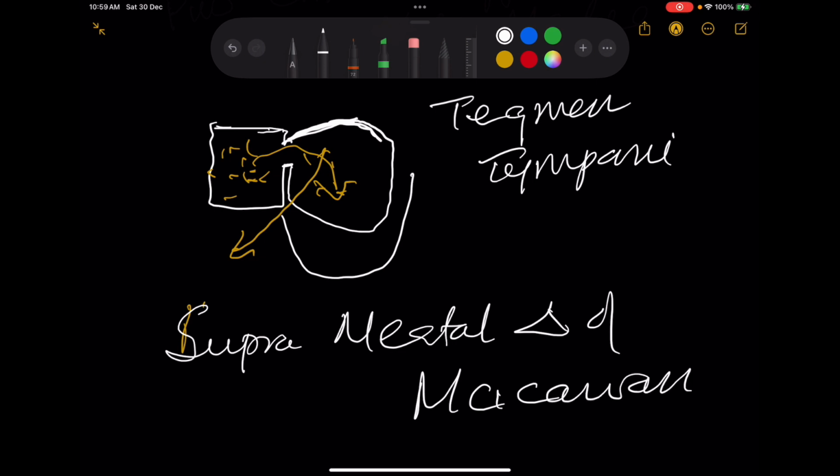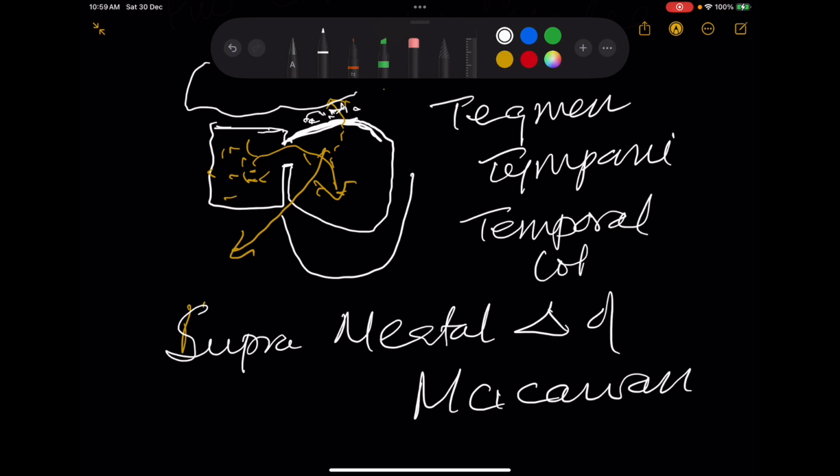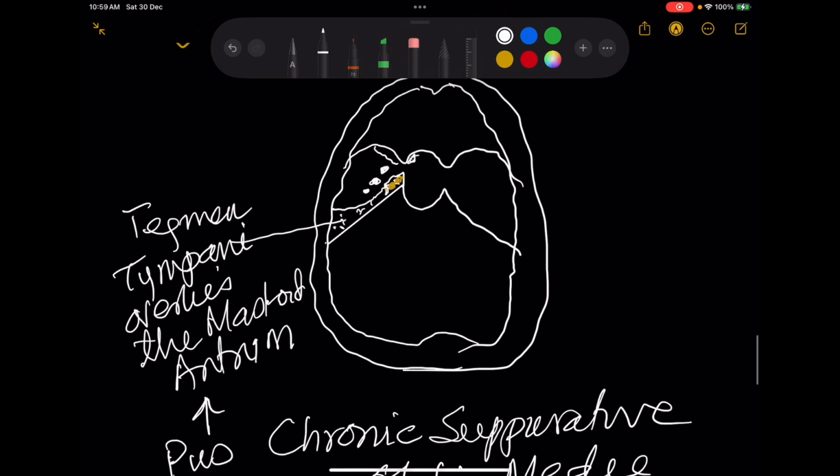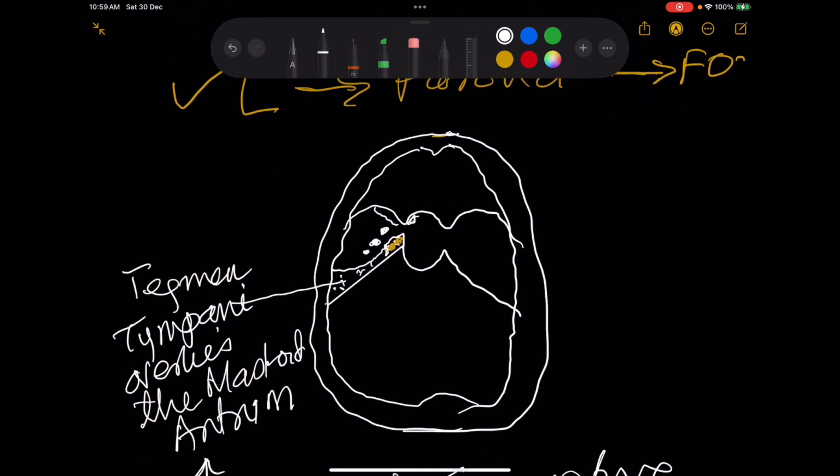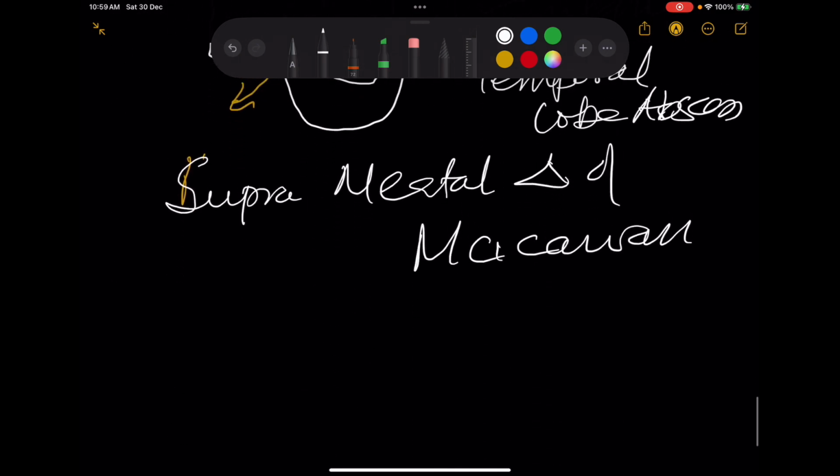But this pus can also pierce, and here is lying the temporal lobe of the brain, so it can form an abscess, a temporal lobe abscess, by piercing this tegmen tympani. So this is the importance of this tegmen tympani, which is the last part of the middle cranial fossa, which